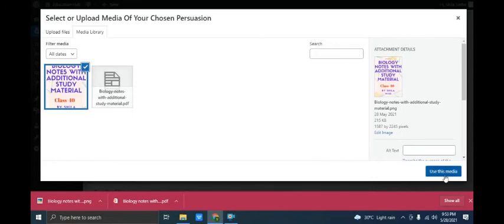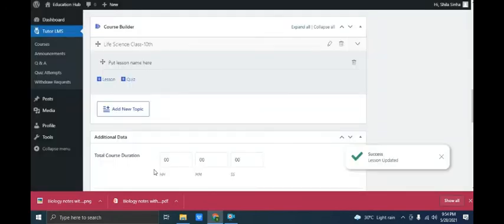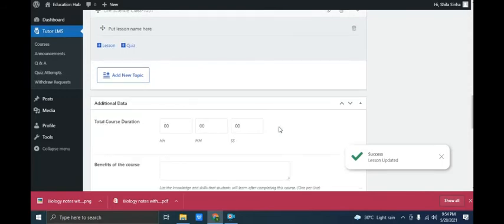Select the file and choose the PNG file, and this will upload here. Okay, after it is uploaded, on the right hand side bottom you will see use this media. Click on use this media, and this media will appear over here.